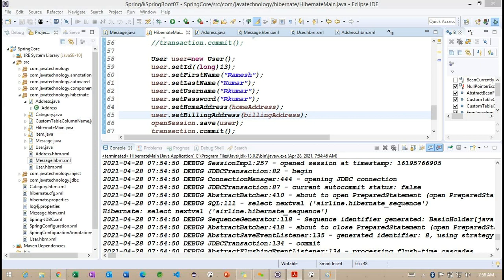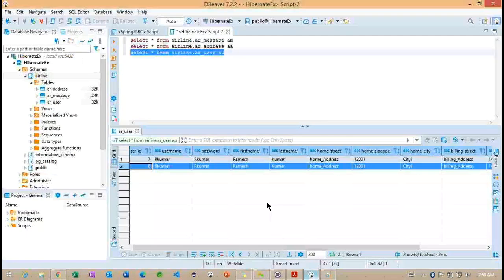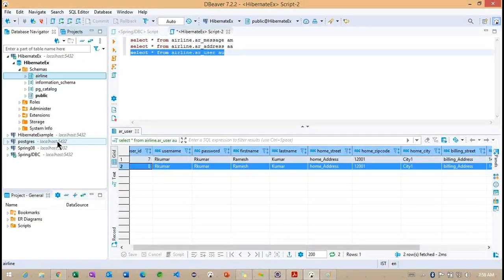This mapping class topic is also important. After completing the mapping classes, we are going to work with join relations, where we have association and composition between these tables. So how exactly we can work with two tables or more than two tables, we will discuss after completing this mapping information. This mapping and association are very important. Once we are familiar with these two, we can define any table and join any table here.